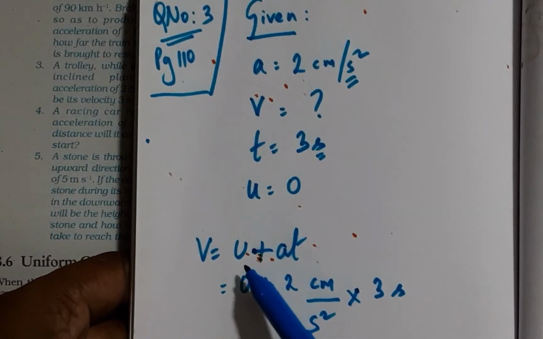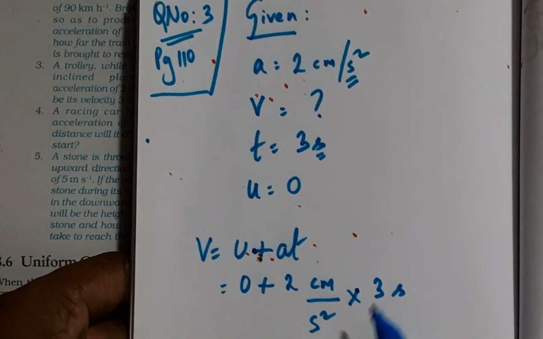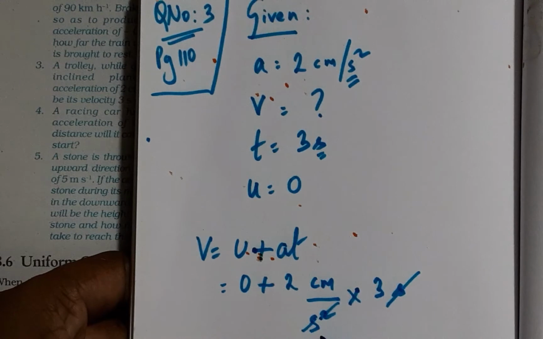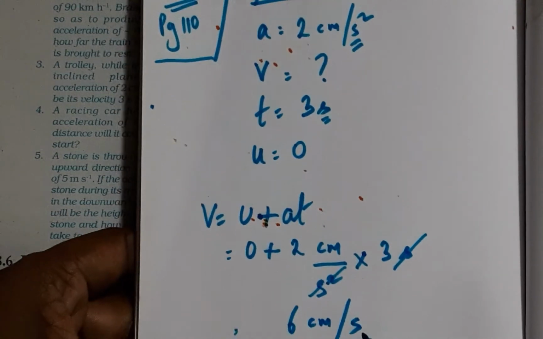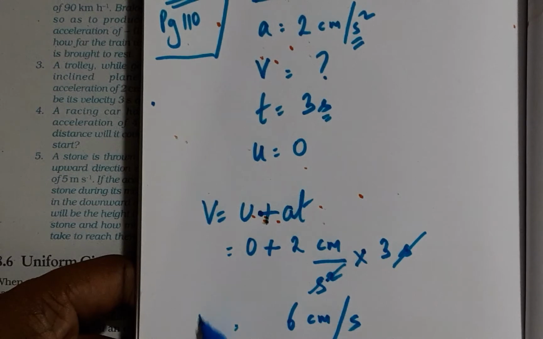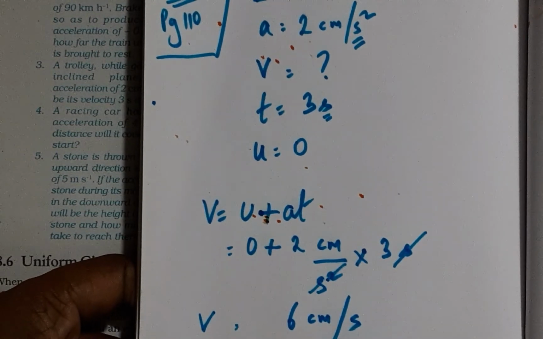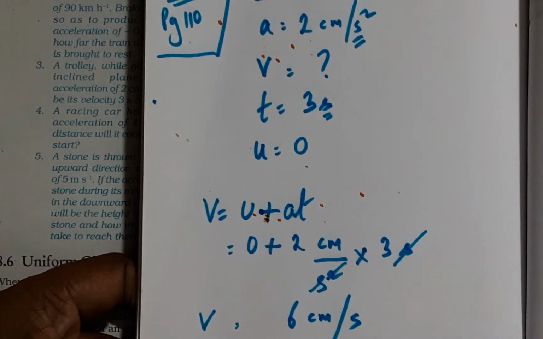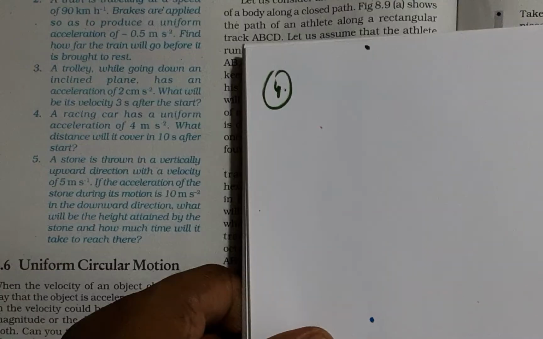Now applying the formula and plugging the values here, we see that this cuts the square part and 1 is left, and therefore 2 3s are 6 centimeters per second. This is the unit of velocity. We can get the answer inclusive of the units without any scrambling for what it would be or doubting whether we are right or wrong. The answer would come in along with the units. So always cultivate the habit of including the units in the calculation.